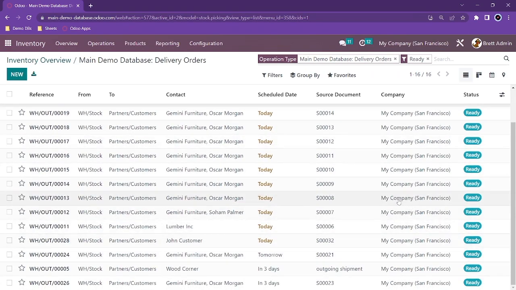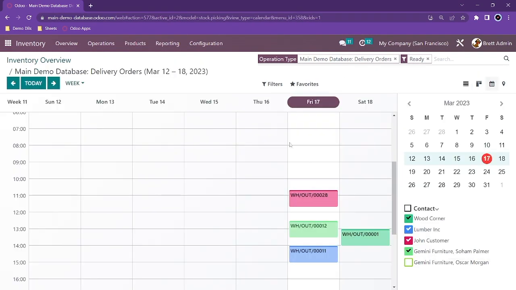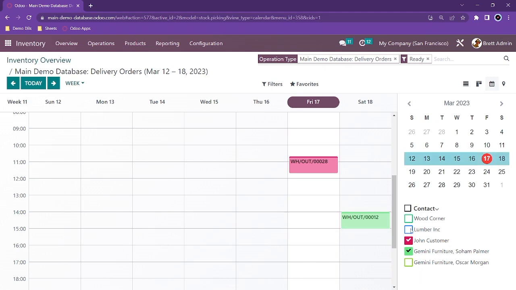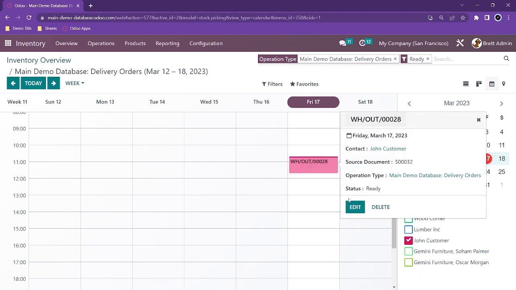Like always in Odoo, you might want to choose different views. For example, this calendar view is particularly useful with warehouse deliveries. I might choose to reschedule some deliveries just through drag and drop, and I can immediately filter down to just the deliveries for a particular customer if I want. Getting into the delivery itself,